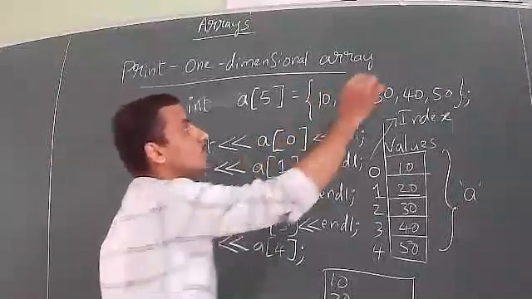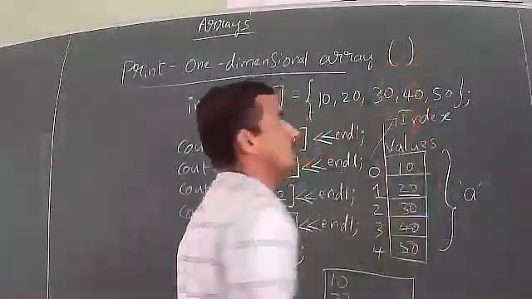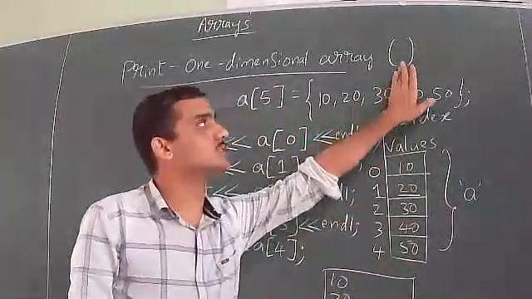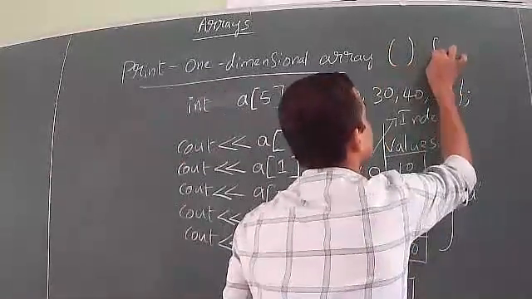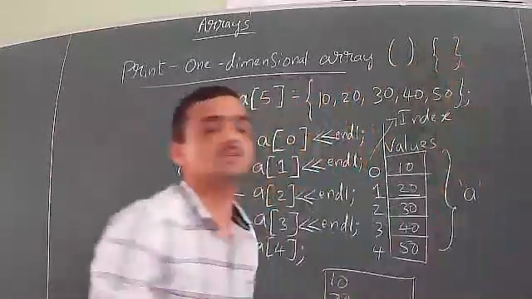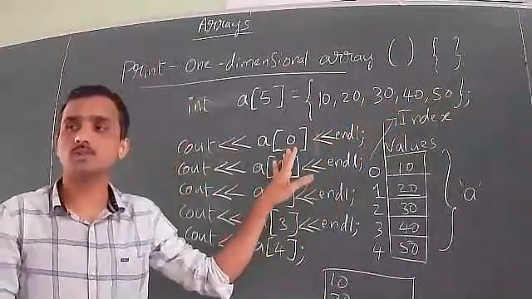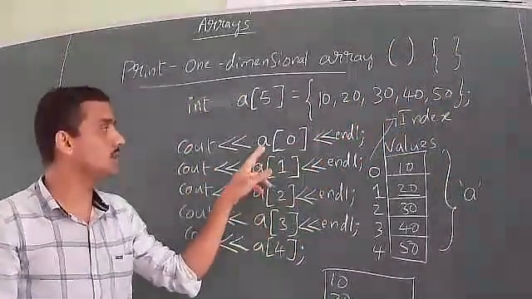If you come across these type of brackets, what we call brackets in mathematics, we just call parentheses for this. And flower brackets are called braces. You just remember these terms: parentheses, braces, and for square brackets, you just call them brackets. So while reading, you read it as A of 0.